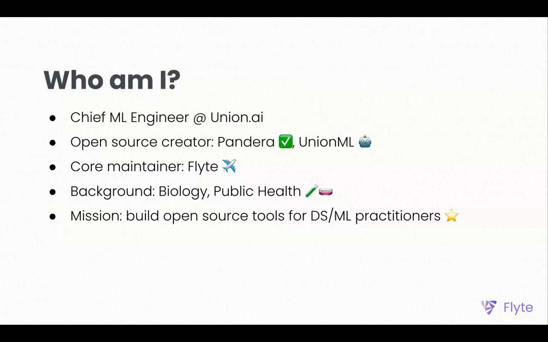I'm one of the core maintainers of Flyte, obviously, and my background is actually in biology and public health. I kind of stumbled into data science and machine learning through my public health grad program, started taking some stats classes, and fell in love with coding. It's just the process of creating with code and doing cool stuff, and it feels like a superpower being able to grab data from anywhere, and especially with machine learning and other heuristics and techniques, you can do a lot of cool stuff.